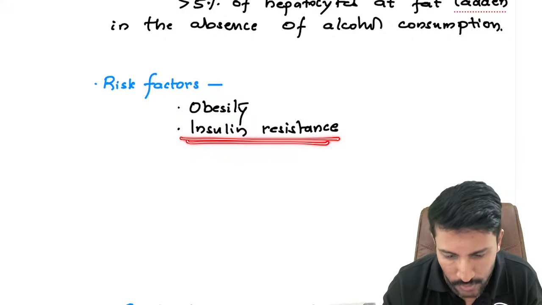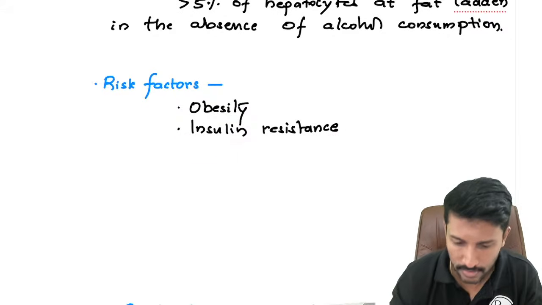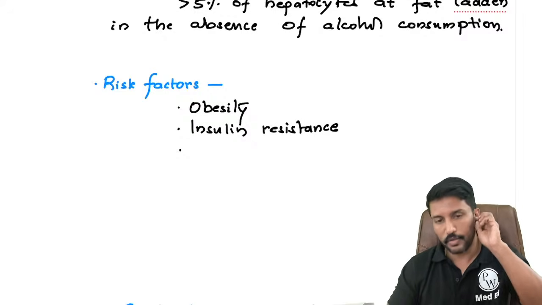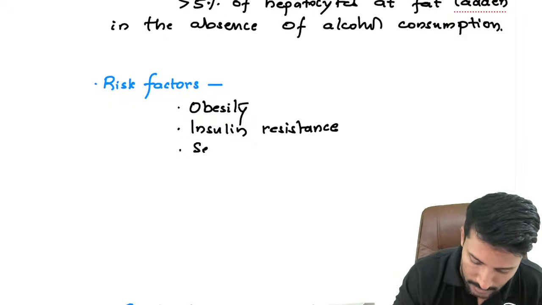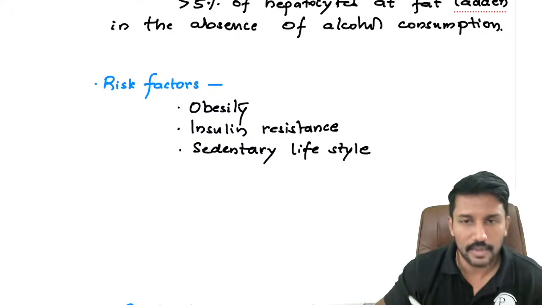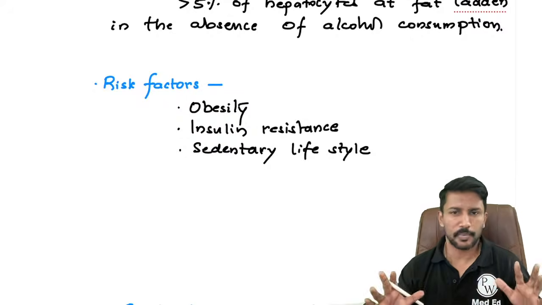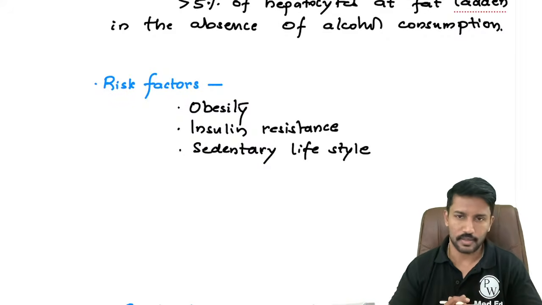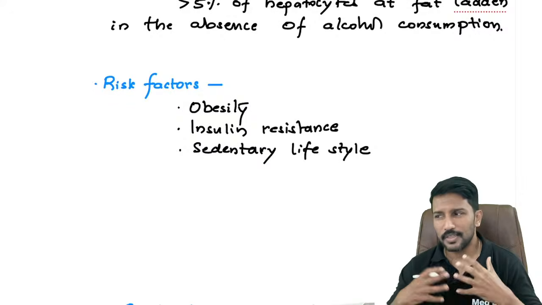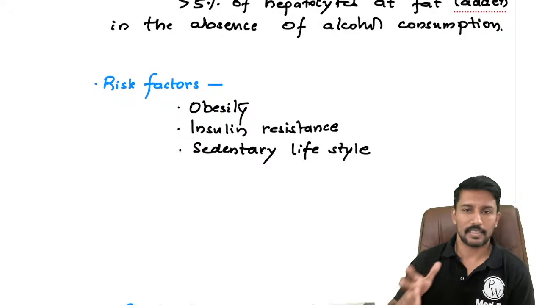Apart from that, insulin resistance. Okay. What else can increase the risk of developing fatty liver? Yes, the sedentary lifestyle. Sedentary lifestyle. Gender, racial disparities are there. For a theory exam, it's not important. Rajendra, very good. Yeah. See, for the theory exam, try to keep it as simple as possible.